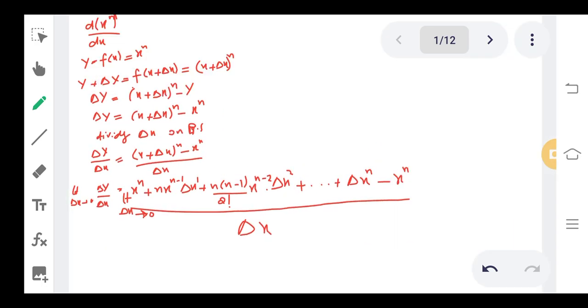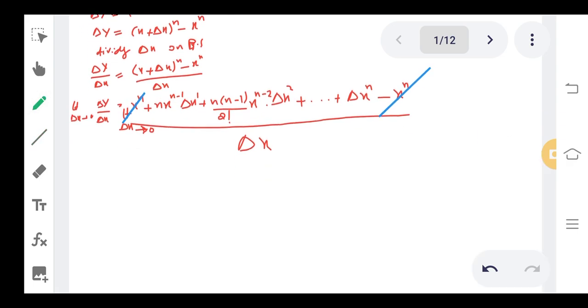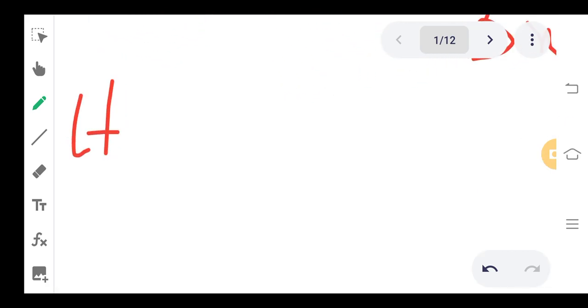So here this term and this term will be cancelled, and the remaining term will be here limit delta x tends to 0,